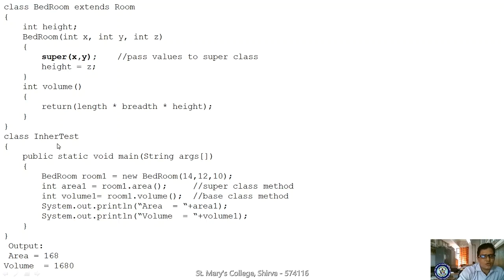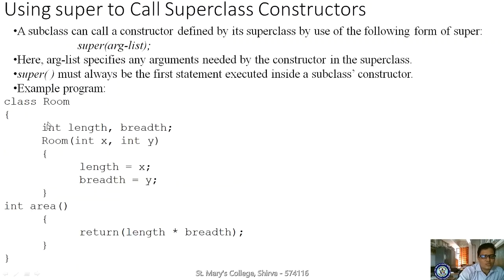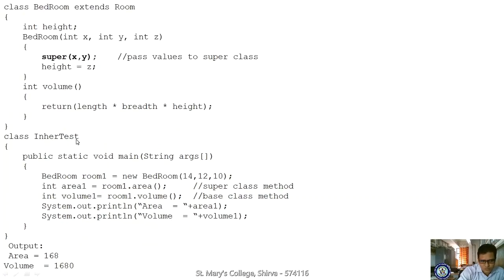We are starting one more class. In the two classes, is there any main method? No. That is why we are constructing one more class. That class is InnerTest, in which we are writing the main method, public static void main. So it is a main method and you are creating the object of the bedroom class. Please observe here, what is bedroom? Subclass. For that you are creating the object. What is the name of the object? room1. While creating, you are supplying the values. Why? Because you are using the concept of a constructor. Then what is a constructor?